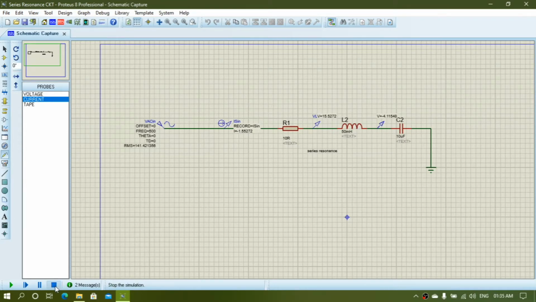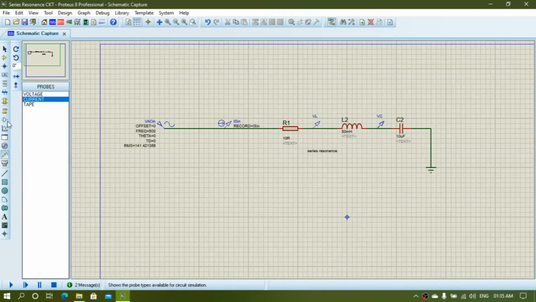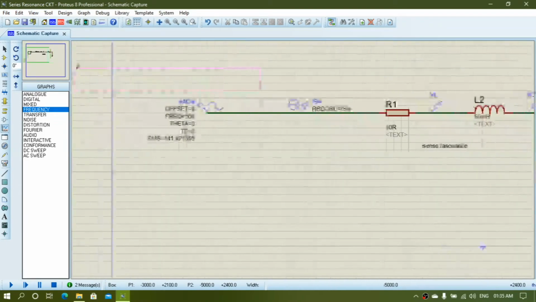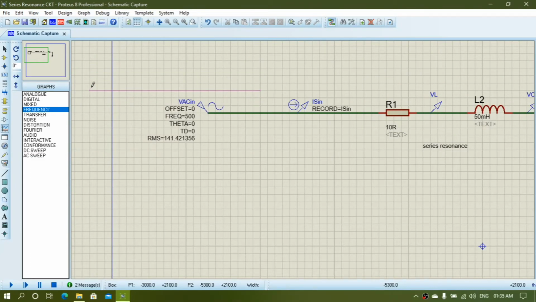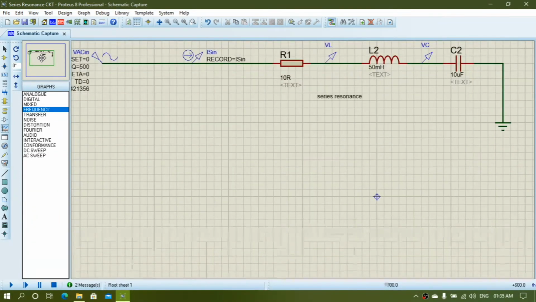Now to retrieve the graph, you have to stop the simulation first and then pick graph from this left side menu. For today's application, for our prediction, we need a frequency graph to plot. So first you put your circuit at the top of the screen, so we can get a space for graph simulation.